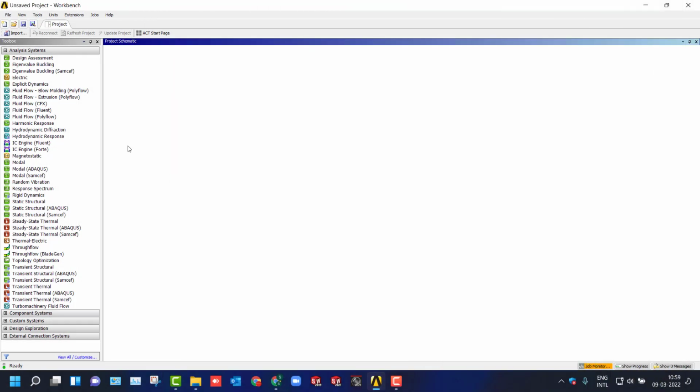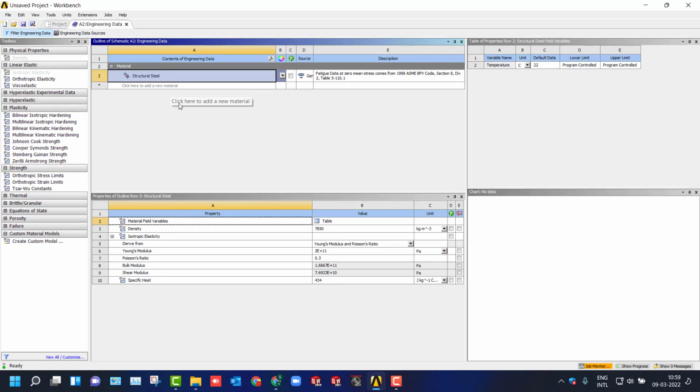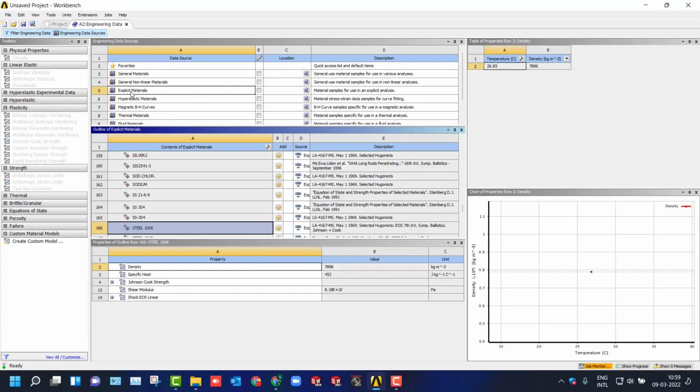Well, let's start. Here you'll get the different types of analysis. You can choose the explicit dynamics analysis only, and you can just name it accordingly. The first step is to define the material. By default it will take the standard material, that is structural steel. Now if you want to access the nonlinear materials, you can switch to the library.